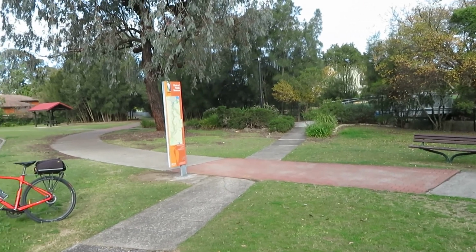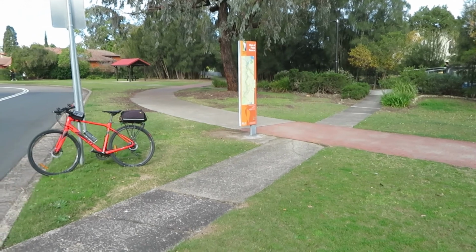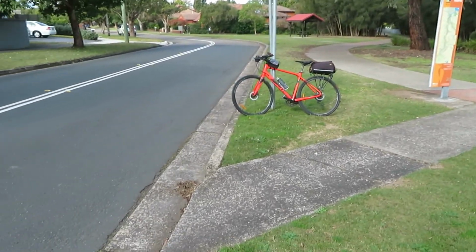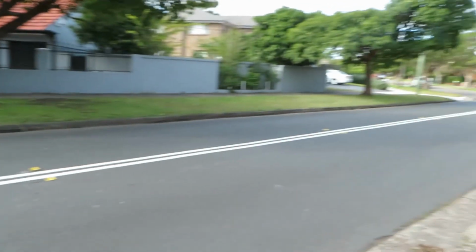Now what we've got here is the Cooks River Path in Strathfield. And this path coming off here flows quite nicely. It comes off at about a 45-degree angle, so you can come off the path here, join the road, and sweep around the corner. The worst part though,